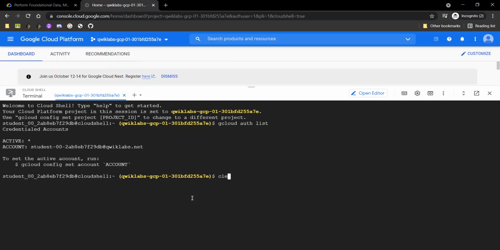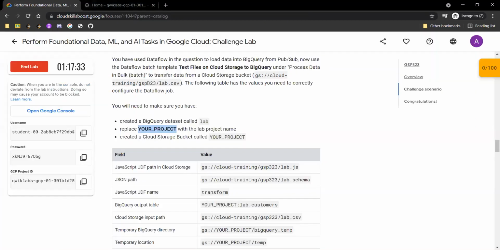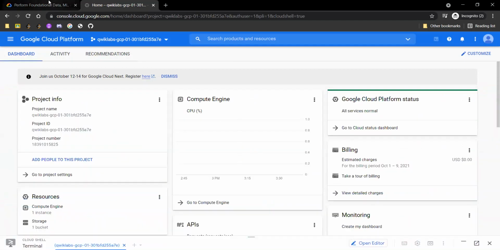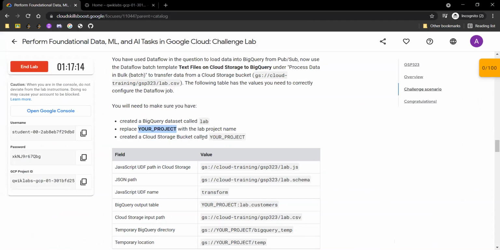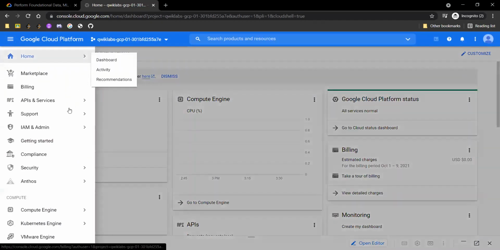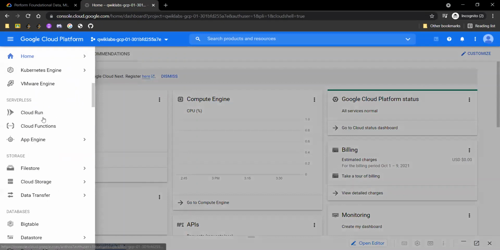After that, we will simply create a BigQuery dataset called lab. For that, we will use bq mk lab. The dataset is successfully created. Now we need to create a Cloud Storage bucket with our original project ID. Go to navigation, search for Cloud Storage and go to Browser.